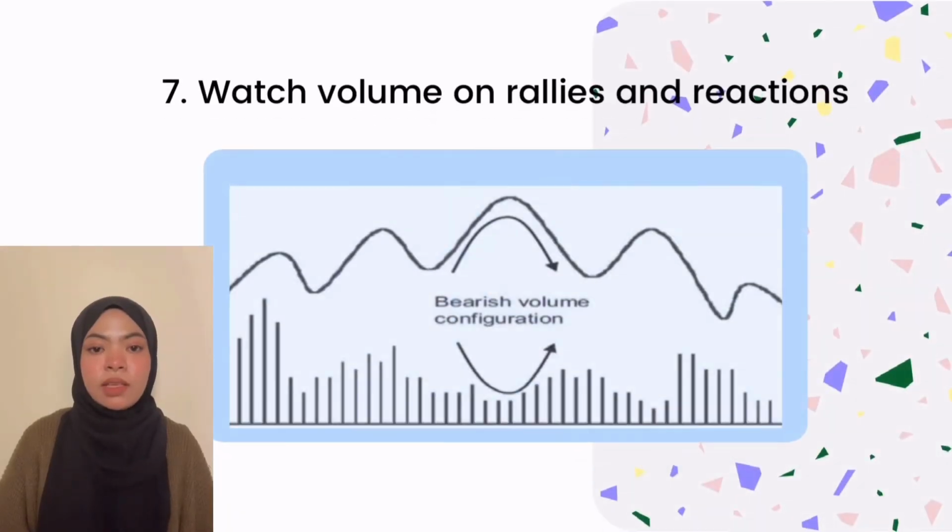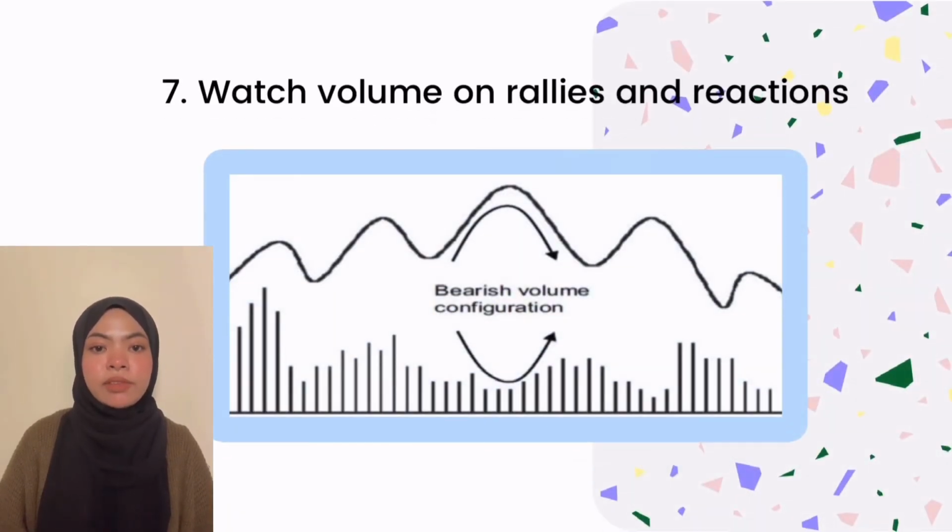The last one is watch volume on release and reaction. In the chart, when the price experiences a small rounded top and volume experiences a rounding bottom, this is a doubly abnormal situation, since price is rising and volume is falling as the peak is reached. After the peak, volume expands as the price declines, which is also abnormal and bearish.